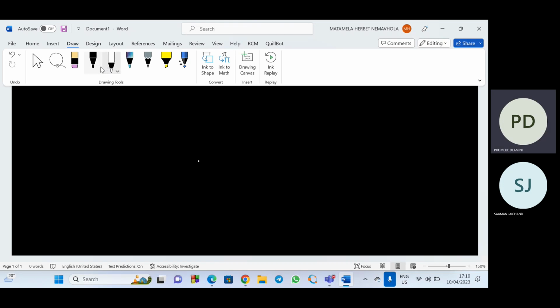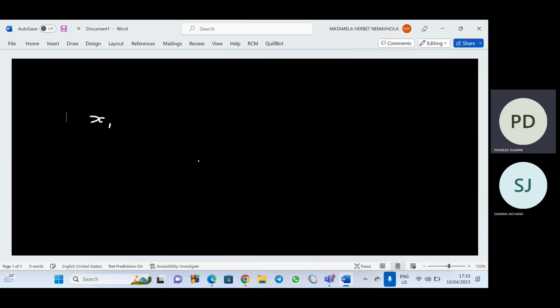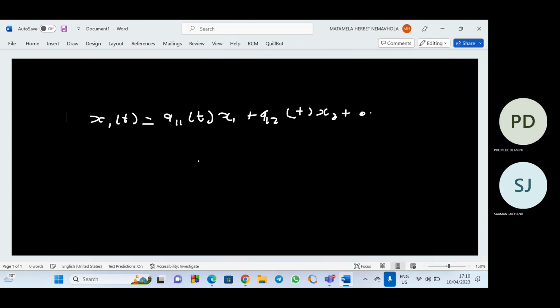And we're going to do also some examples. So by a system of first order linear differential equations, we mean a set of simultaneous equations of the form x1' of t equals a11 of t x1, plus a12 of t x2, plus up to a1n of t xn,